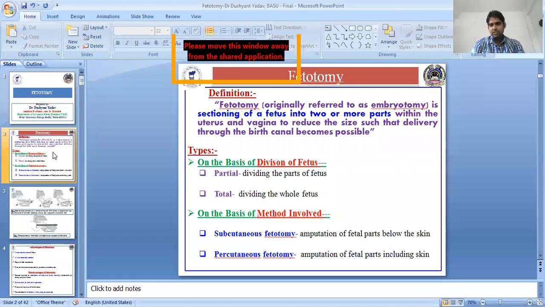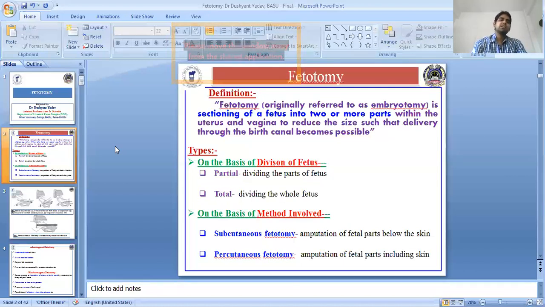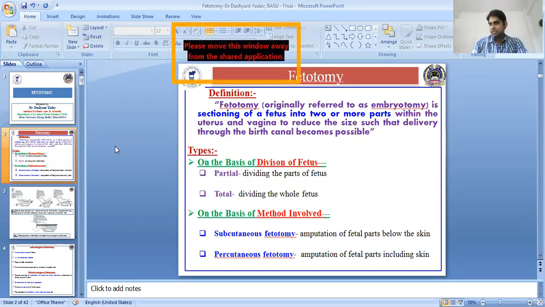As we know, when cases of dystocia occur, sometimes they lead to assisted delivery, and when we fail at per vaginal delivery by mutations, then it needs either a cesarean section or fetotomy. To avoid the cesarean section, we generally prefer fetotomy, but it requires skill.